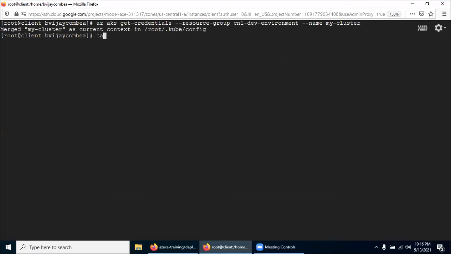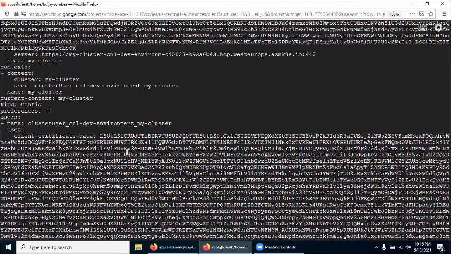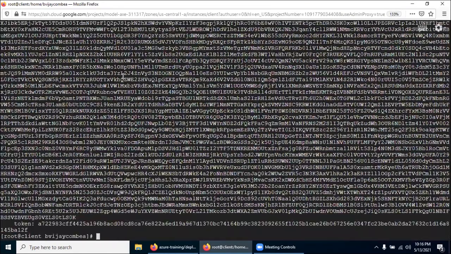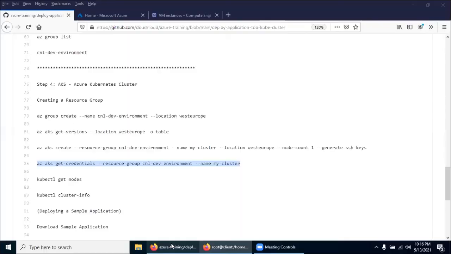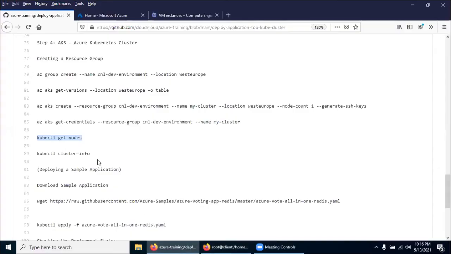You can even verify the root .kube config file, which tells you the cluster, the URL and the credentials, everything. Now I'm going to execute kubectl get nodes. We have given only one node. Yes, it's ready.